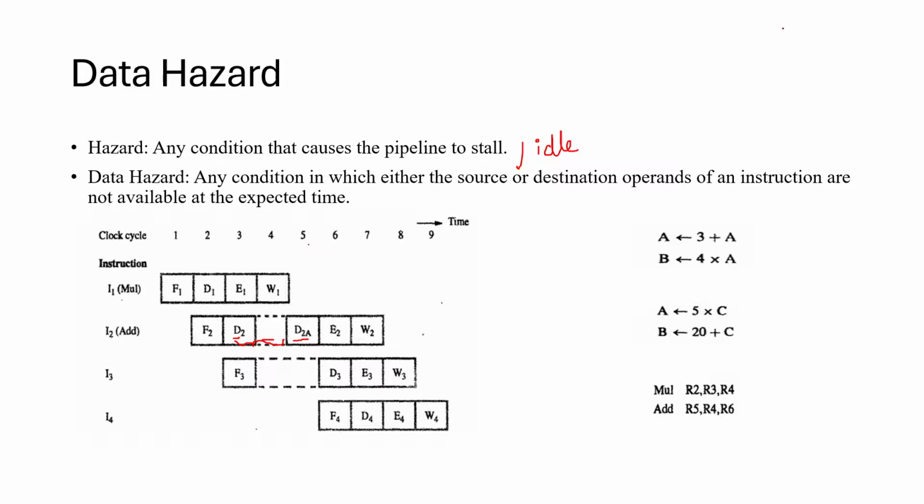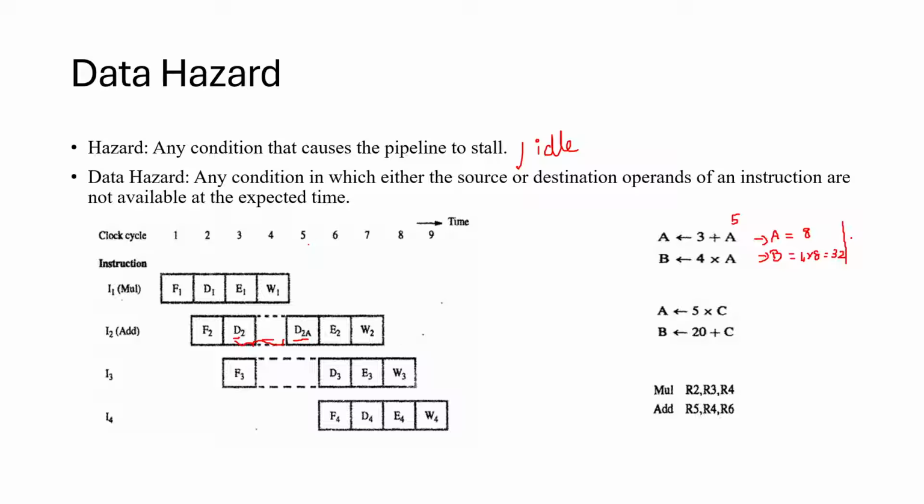A is equal to 3 plus A and B is equal to 4 into A. Consider the value of A is equal to 5. So the output of the first operation is A, 3 plus 5, that is 8. The output of the second operation, now it takes the value of A is equal to 8, 4 into 8, 32. If you execute these two operations in a sequential manner, one by one,